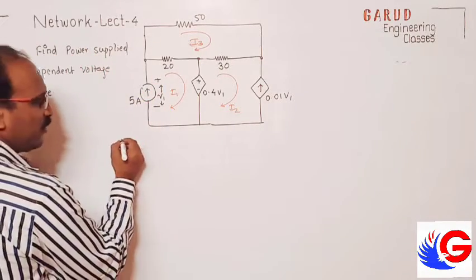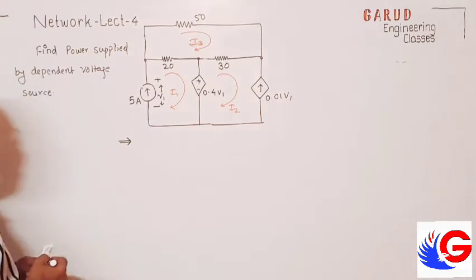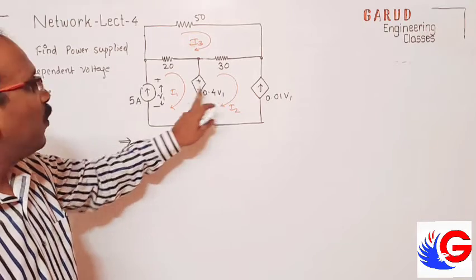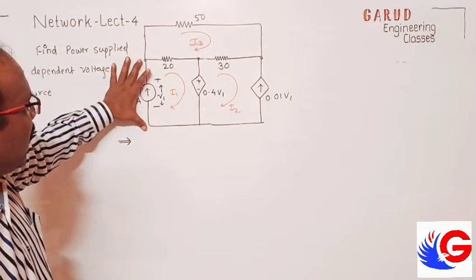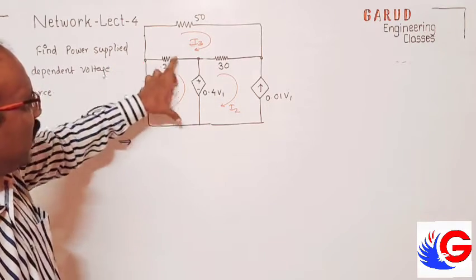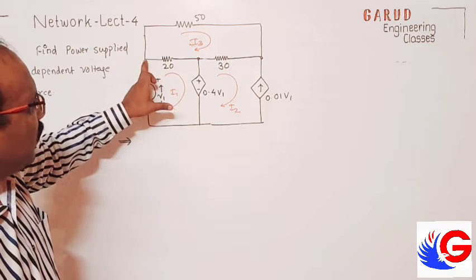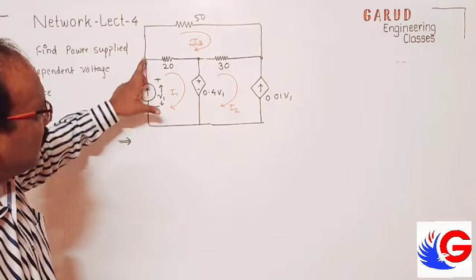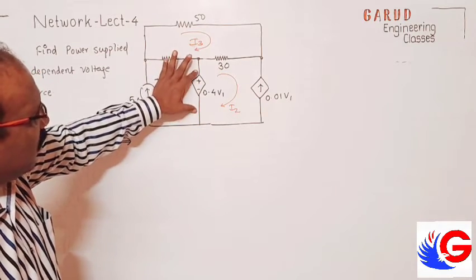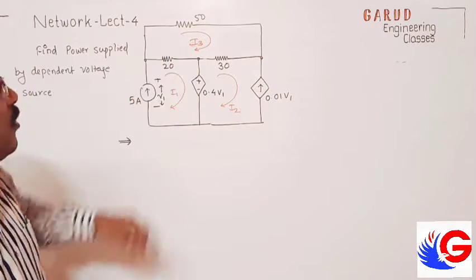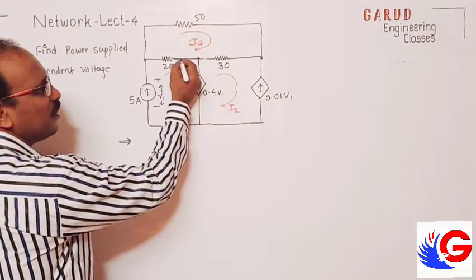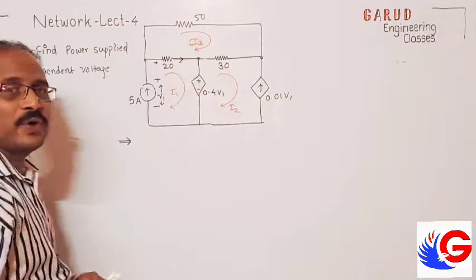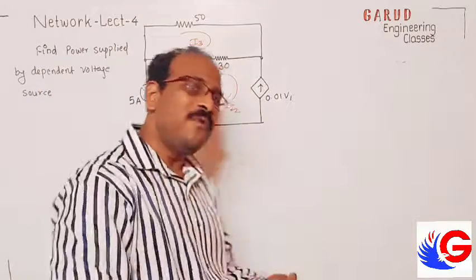So first I want to express rule number 1. Express the unknown parameter V1 in terms of I1, I2. That is not practically possible directly. But if I write KVL for this, then it is possible. V1 is what? This voltage plus this voltage. Suppose the current flowing through this is I1 minus I2. How will it make positive, negative? You know how to get VAB. The same way we have to find V1.